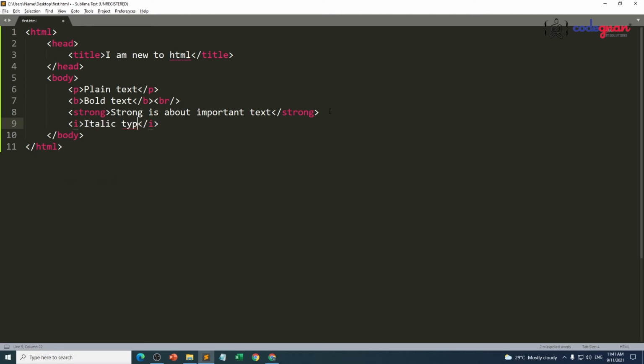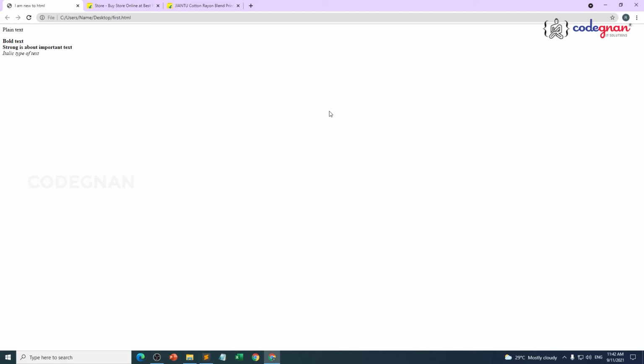Italic type of text. I'm saving this. I'm going to use br slash for this one also, because this one is also not having a block. Br slash F5. Italic comes under as plain text, but the content that the I element